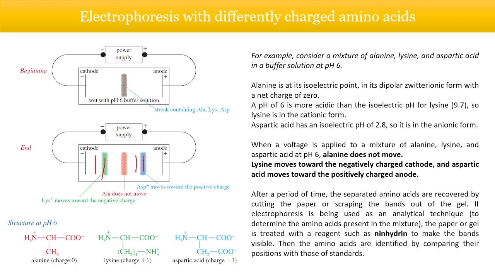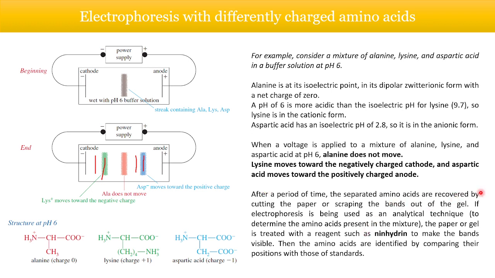So now we have performed the electrophoresis, and this is what is written over here. There is a mixture of alanine, lysine and aspartic acid, at a pH of 6, and your aspartic acid would be negatively charged, moving towards the anode. Alanine won't be showing any mobility, and your lysine would be moving towards the cathode. So after a period of time,